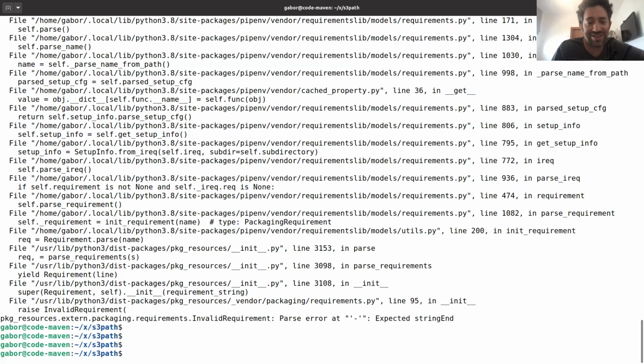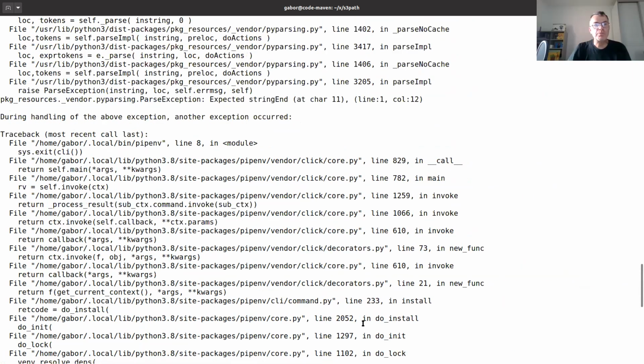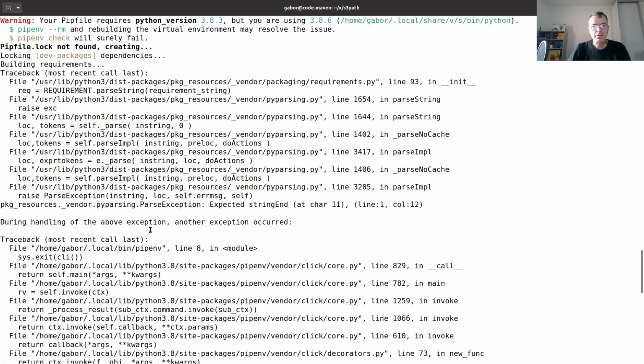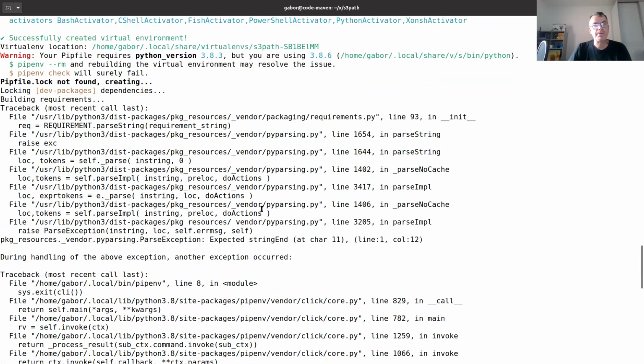For those cases, I added a makefile as well. But what could be the problem here? Something: parse expected string end at character 11. I'm not sure, something old on my computer, but we can avoid that.